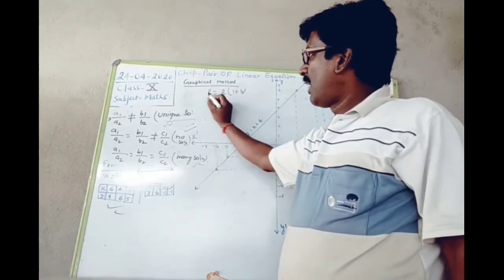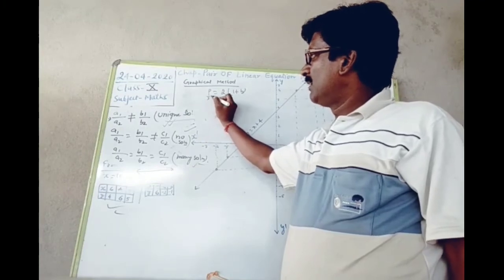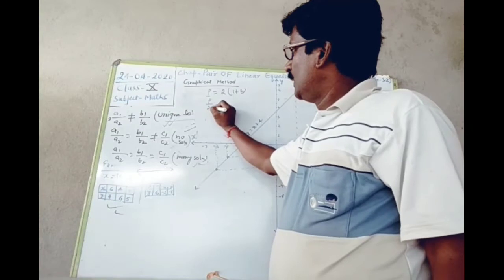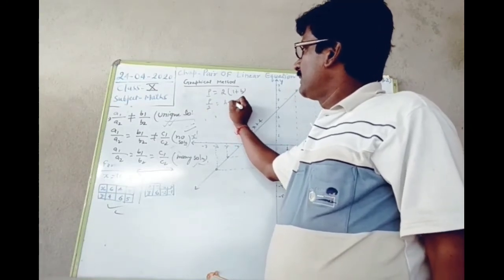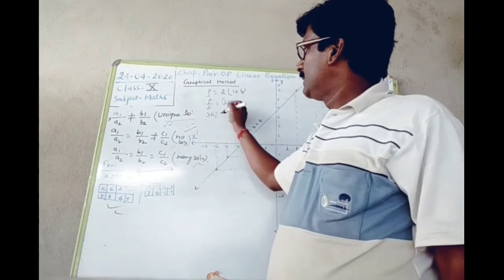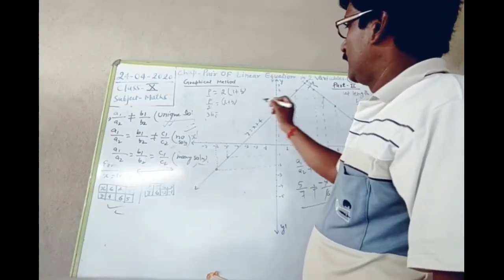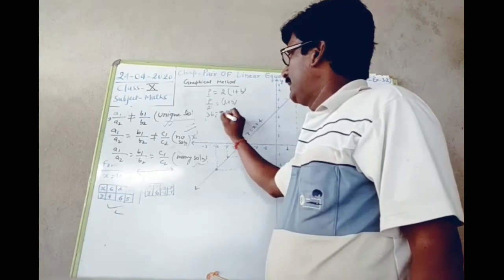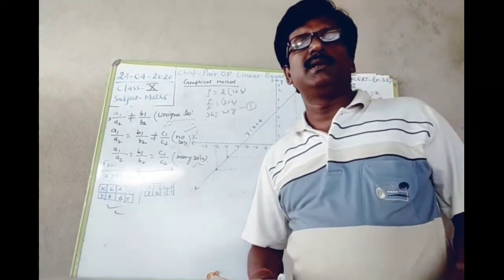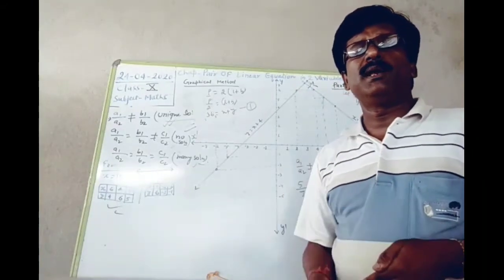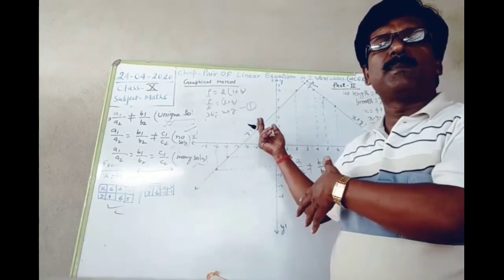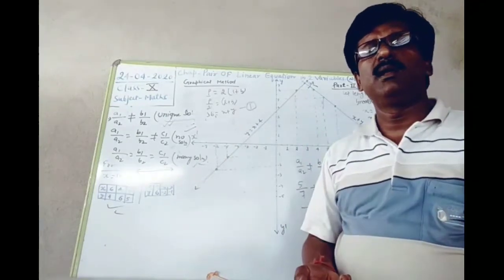But half of the perimeter, that is P by 2, is equal to L plus B. And P by 2, the half perimeter, is given as 36. And length is considered x. So x plus y is equal to 36. This is the first equation. And x minus y is equal to 4 is the second equation. From both the equations, once again we have to draw the tables, plot the points, and after joining the points we can solve.